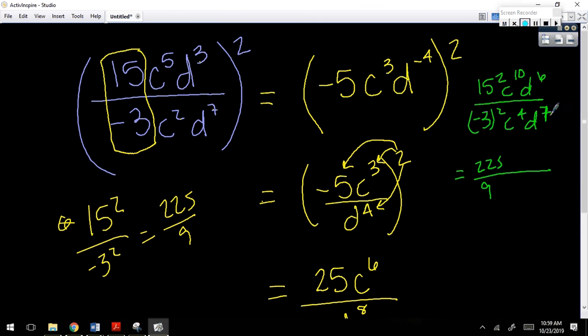This would be 10 minus 4 is 6. 6 minus 14, negative 8. This becomes 25 C6 D8. That makes sense. So if you do that,